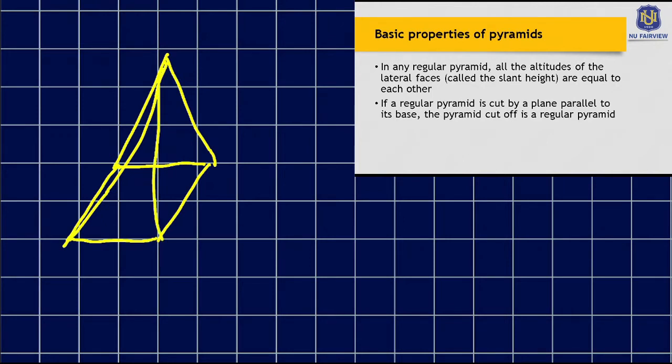Oops, my pyramid has tilted. So, here, the slant height that we are referring to is the altitude or height of your lateral face, going here. So, they are equal to each other. So, this altitude here and the altitude of this one are equal, same as the one at the back and the one on the other side. Okay. Now, if a regular pyramid is cut by a plane parallel to a base,